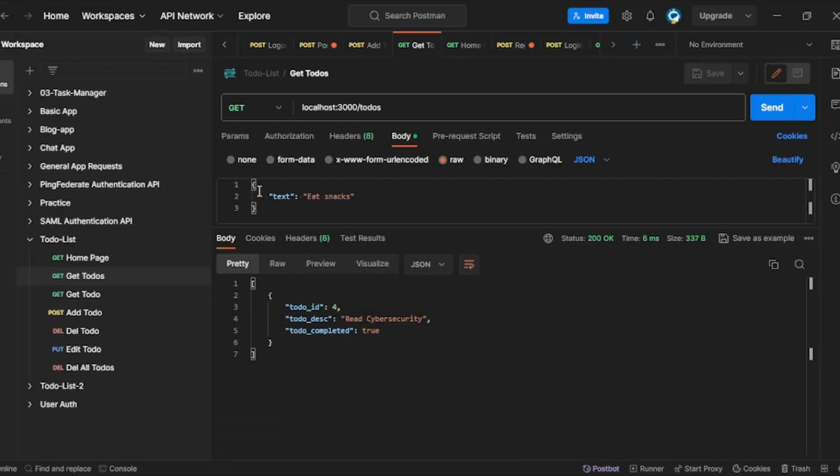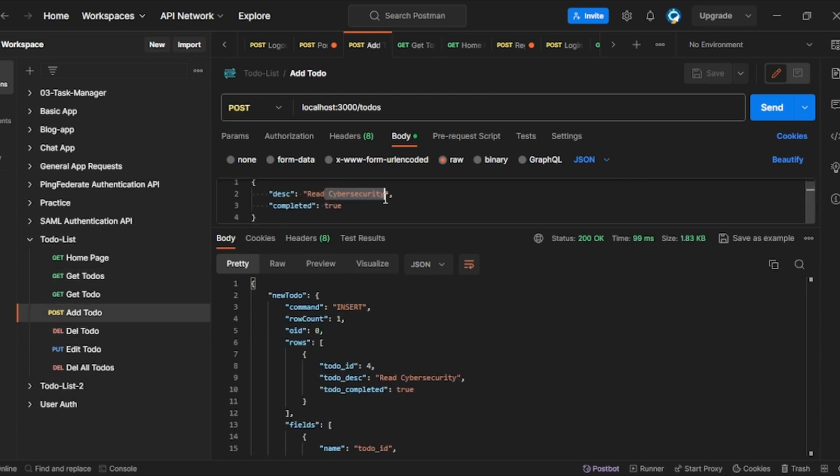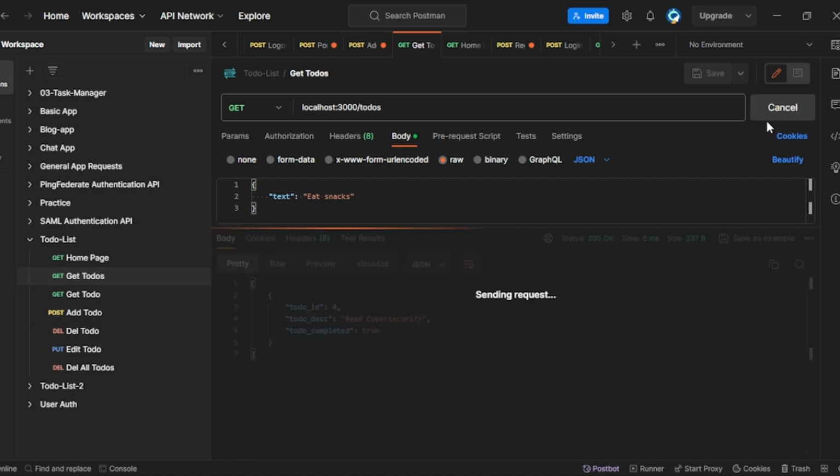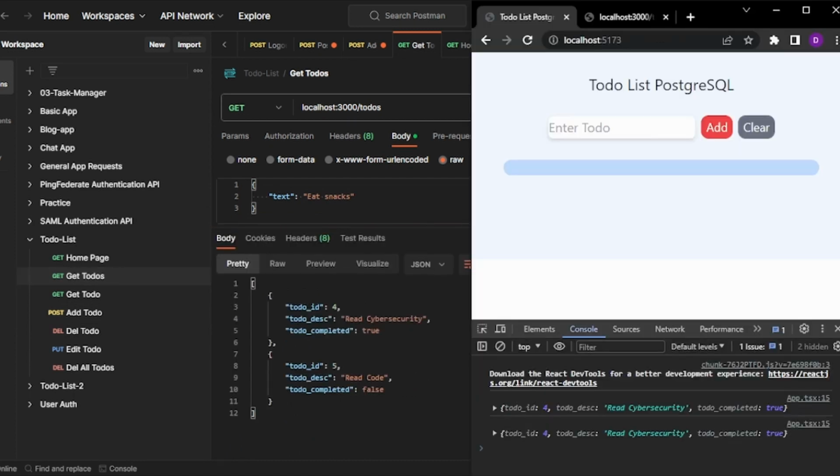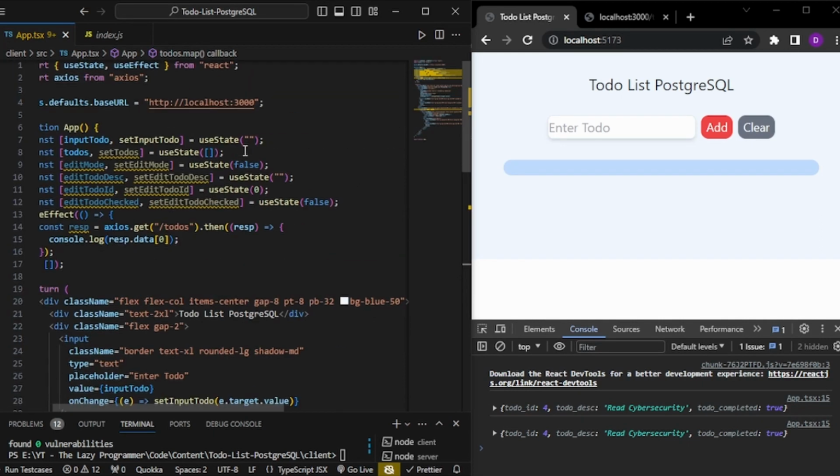So let me try to add another thing. So let me just add read code. Let's make it as false. Send get to-dos. Now we have two to-dos. Now in my front end, if I simply refresh, I have okay, the 0 will have only 1,